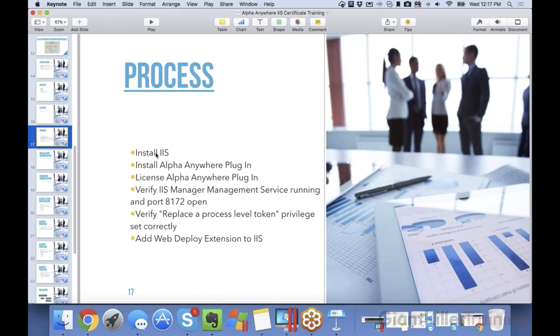Boom, you're good to go. They're going to handle all that for you. Now, once you have IIS installed, we need to install Alpha, and that's a very straightforward point and click, and